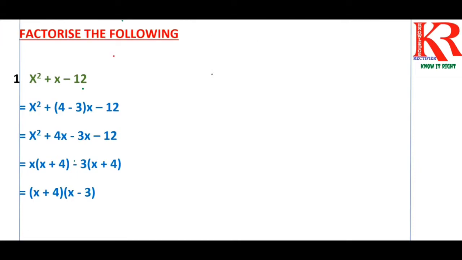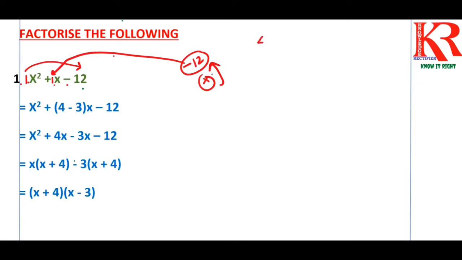Now see, whatever is there in front of x is the middle term. So the middle term is 1 here. So here in front we have 1, so multiply with 1. Okay, I'm just revising it. And this is minus 12, because plus times minus gives minus 12. So what do we find? Multiplying 12. Okay, we find two numbers. When multiplying gives you 12 and on subtracting gives you the middle term, those two numbers are